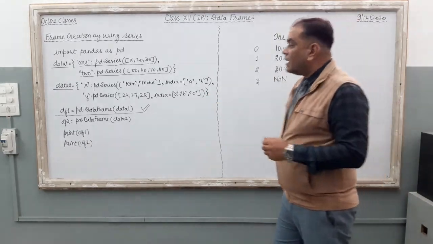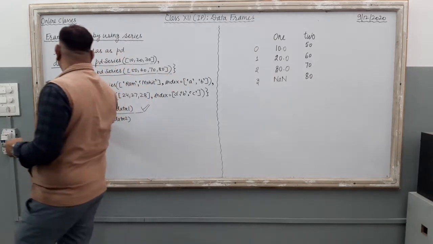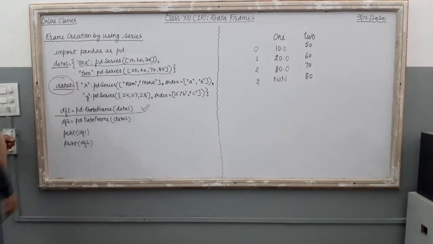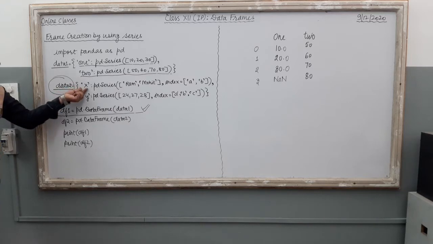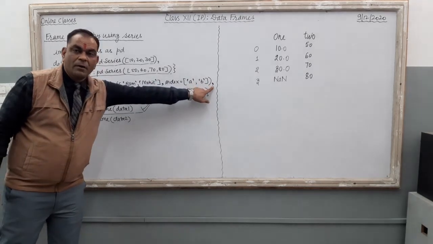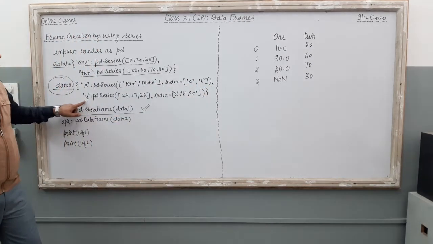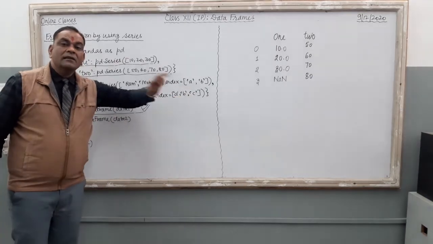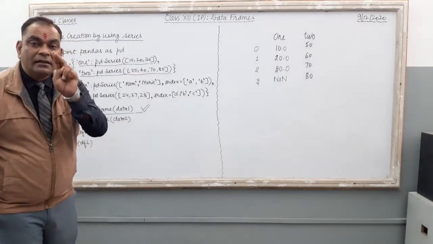Right? Now just see, now we will work on data2. Here it is the another dictionary object. Now आपको क्या करना है? Just find out how many data elements are there in the dictionary. देखो पहला data element यहाँ से शुरू हुआ, यहाँ खत्म हो रहा है, कॉमा पे खत्म होता है. दूसरा element यहाँ से शुरू हुआ, data element यहाँ पे खत्म हो रहा है. Means there are 2 data elements only in the series.